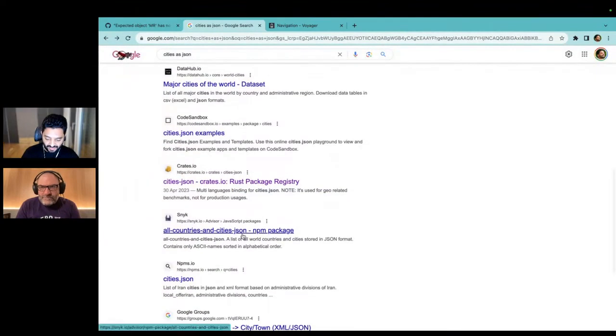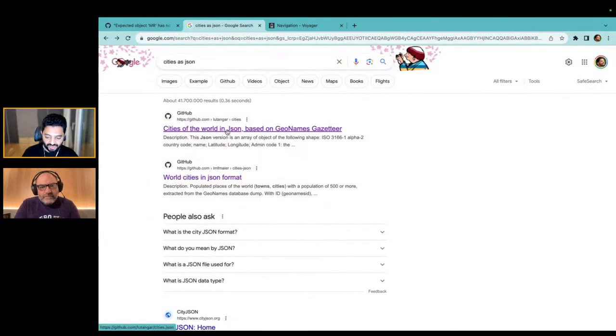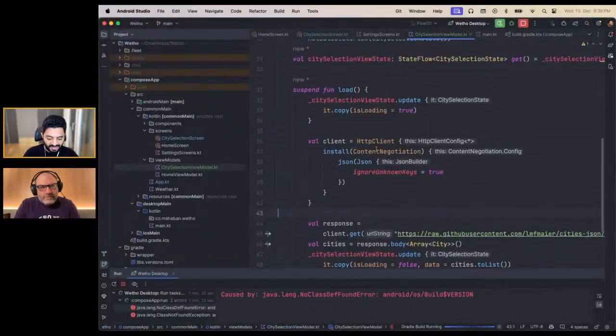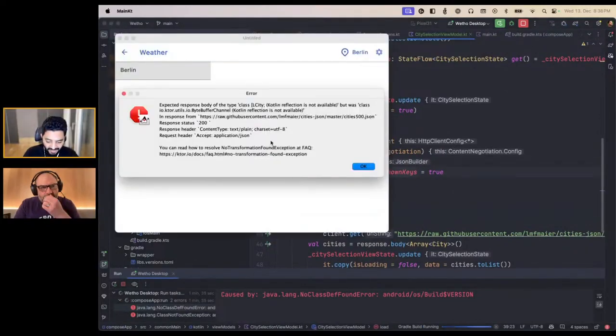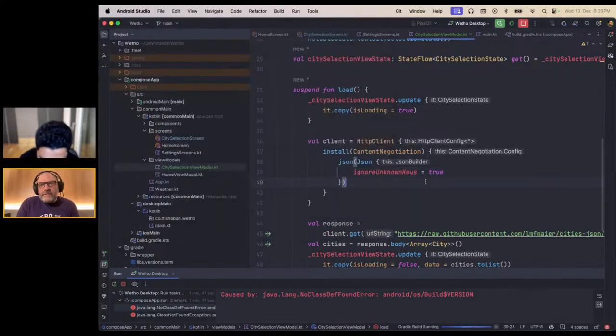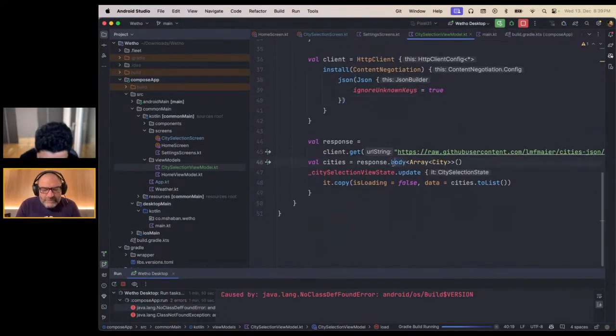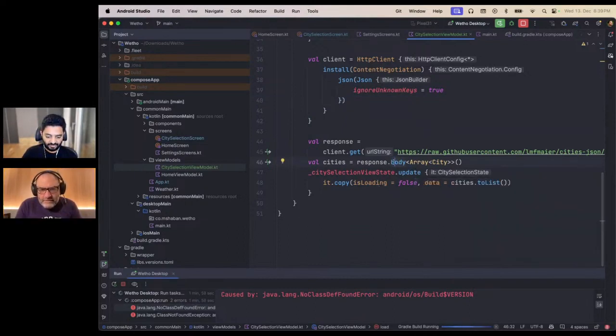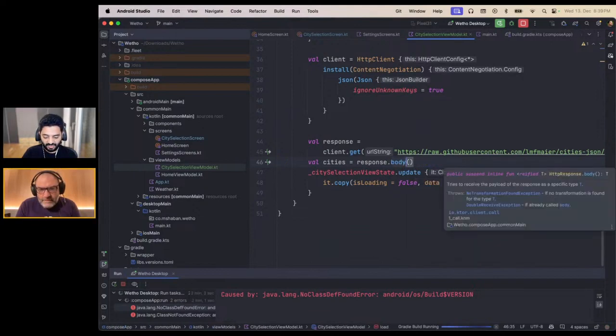Okay. What should we do? So right now we are trying to use this JSON here, but the problem is that Ktor doesn't parse it as a JSON, and then the reflection, we have this error message, expected response body of type city, but was a class of byte buffer. So to return like a byte buffer. Yeah. I think there is a function in Kotlin. It's called JSON object. I think you can pass it the string. So you think the reflection here didn't work? Yeah. So I think you can pass like